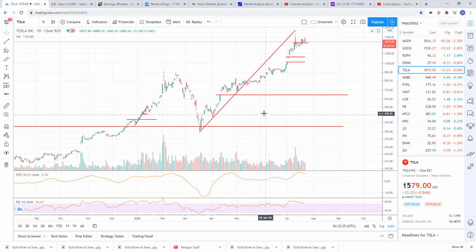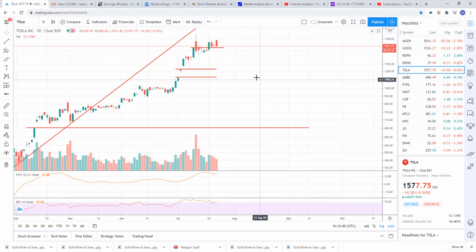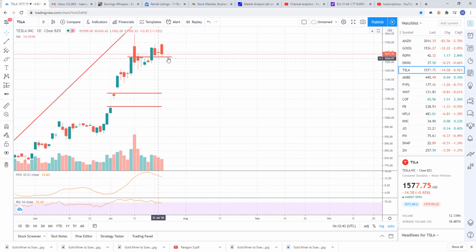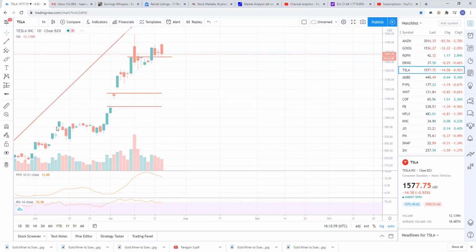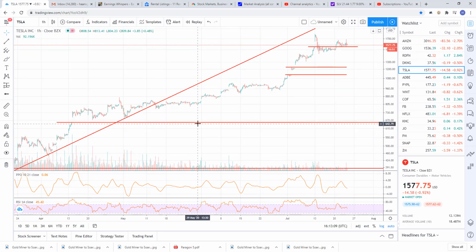To the daily, maybe this was the back test right here up at 1798, and we're going to roll over. But I think what I'd want to see is a nice impulsive break of this 1550 level. If we get a nice impulsive break and it can stick and close, it's all about the close, especially on the daily chart, then that might set this in motion to start filling some of these gaps. And I'll just point these gaps out again. Gap right here, 1227, gap here at 1128, and then a gap down here at 650. So there's what to watch on that one.